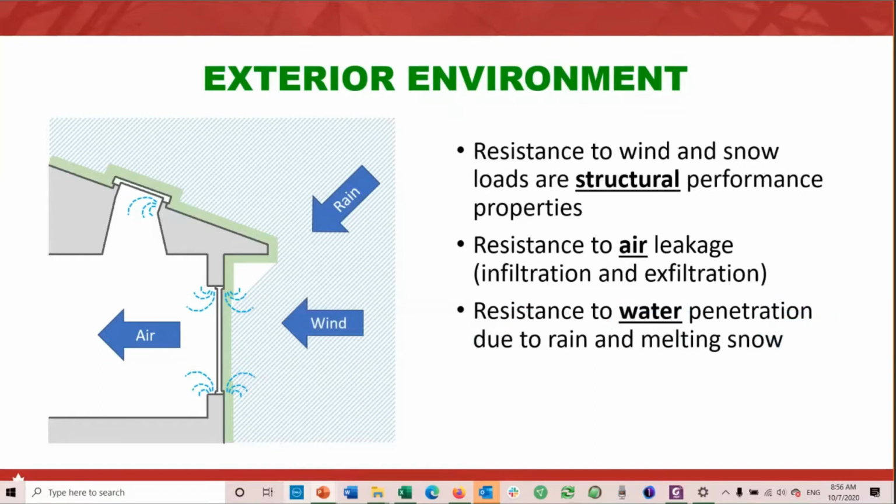And then, of course, we come to wind loads and snow loads, which exert physical pressures on the window or skylight system. And so windows, doors, and skylights also need to have structural resistance to the wind and snow loads that are applied to them. So together we can think of these Part 5 properties of windows as structural, air, and water performance requirements.